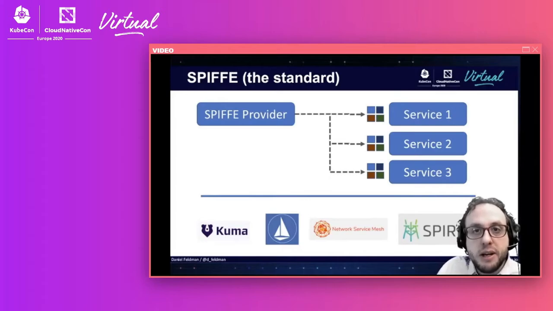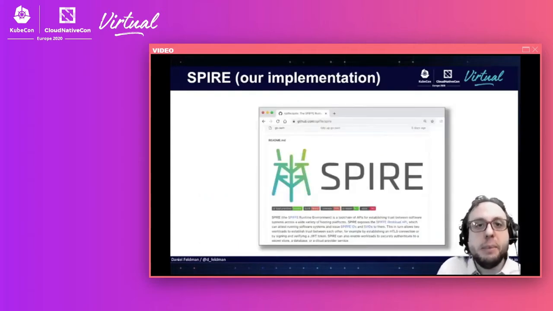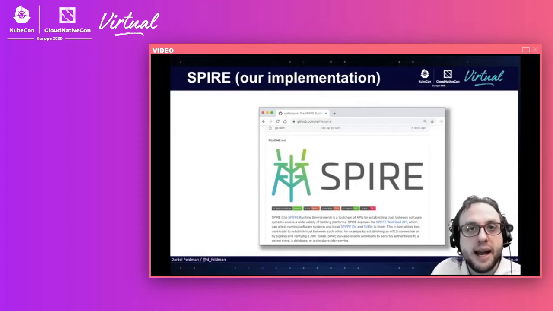So there are a couple of different implementations of the SPIFFE standard that are available right now. Some of the service meshes, including Kuma, Istio, and Network Service Mesh, implement SPIFFE to varying degrees. And then the official reference implementation is SPIRE, which is the implementation of SPIFFE that includes the entire API, and it is production quality software. It's in use at a number of big companies right now. It's at the incubation level in the CNCF structure, so similar to Envoy or etcd. We're trying to get it up to the graduated level in CNCF, but that may take a little while longer.